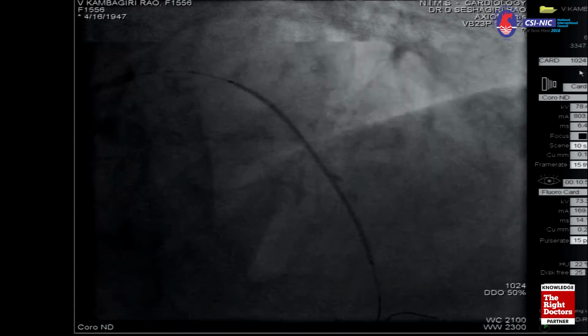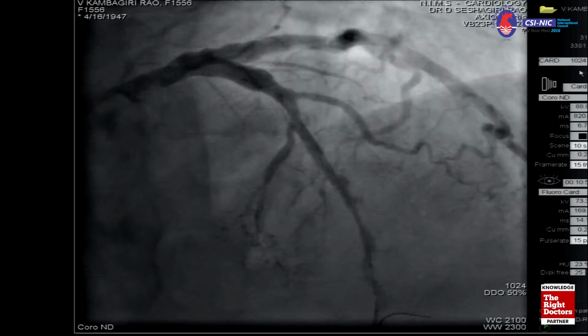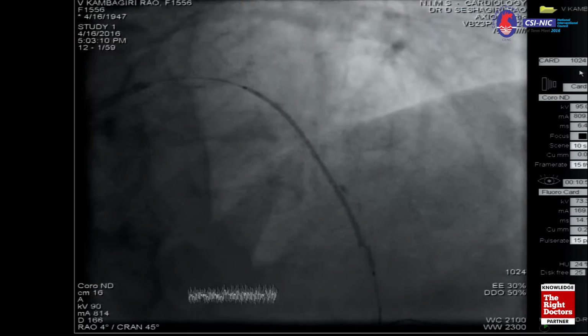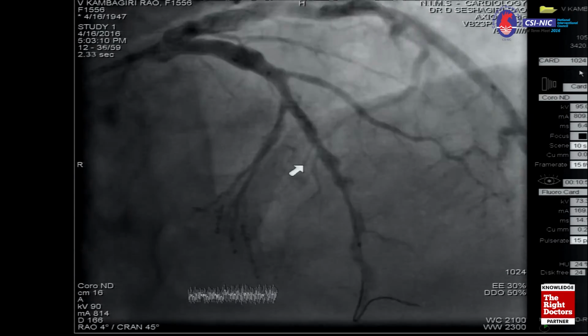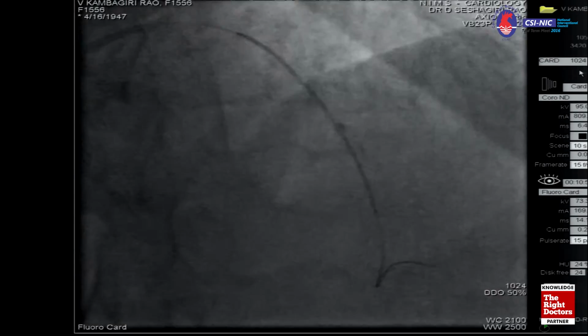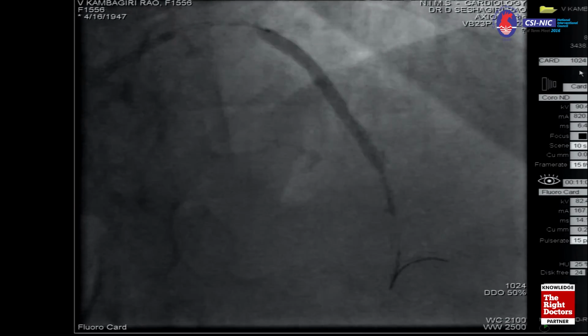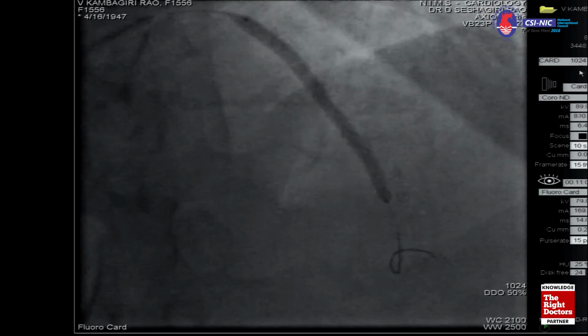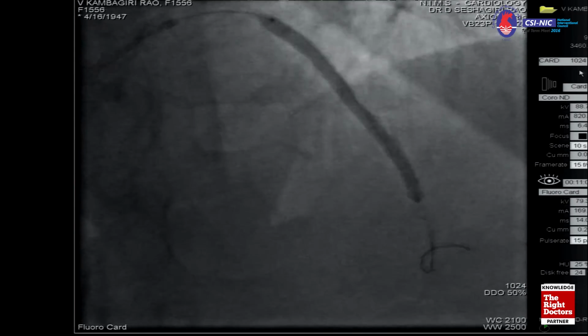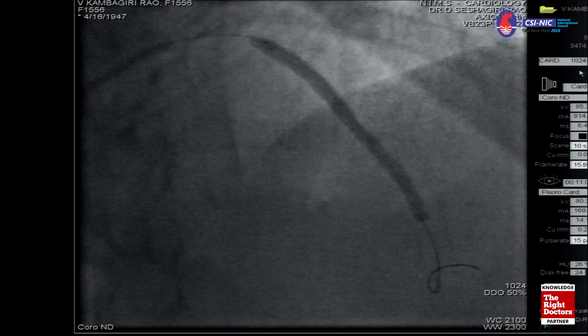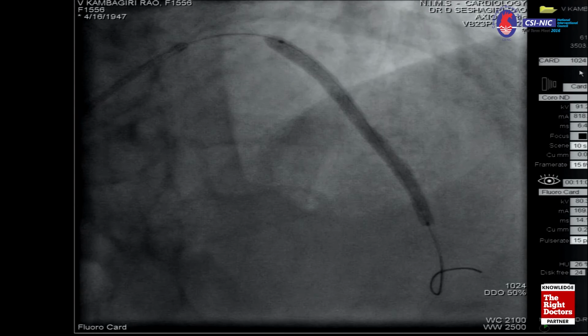Ectatic vessel, motion. It's too long a stent to use in this setting. Okay, no problem. Fortunately, we can keep the LIMA in case this gentleman has a recurrence or ISR in future. I think above it's too long a stent. The second thing is the stent should have been just beyond the distal stenosis. Let us see how things go. Let us see, we are putting one stent.